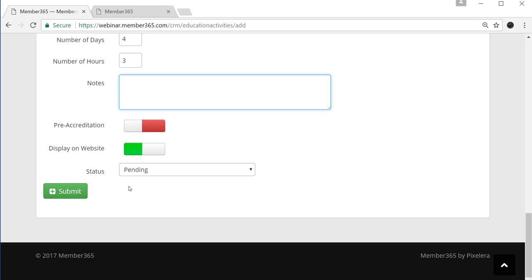So now for status. Set the status of this activity. You have pending, which needs to be approved by a higher administrator. I have the ability to approve it right away, so I can say approved. And then denied, which is really neat because say that it was requested by a member, and so you